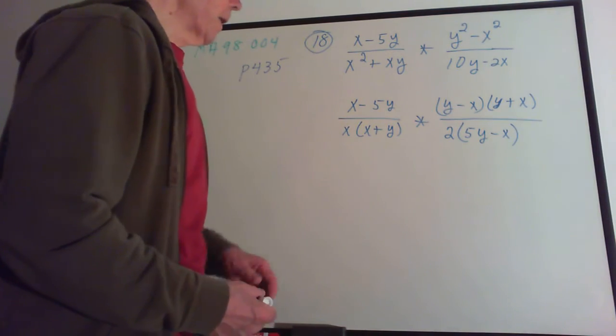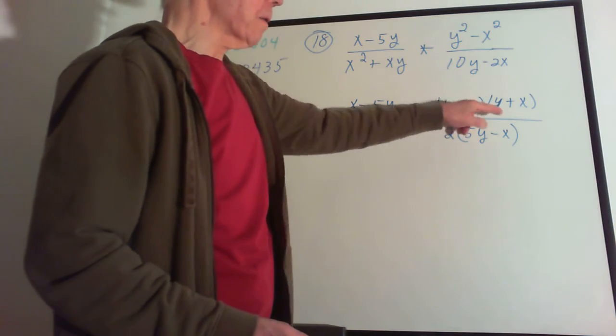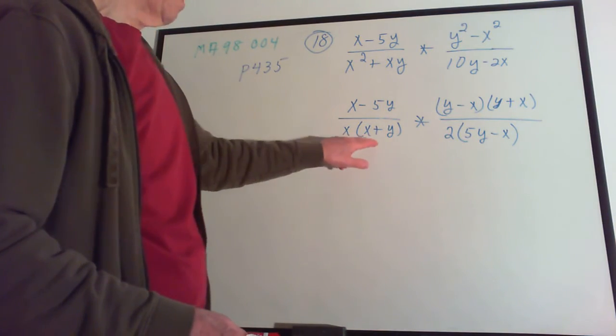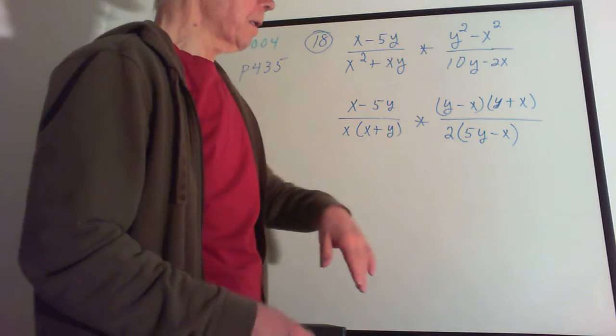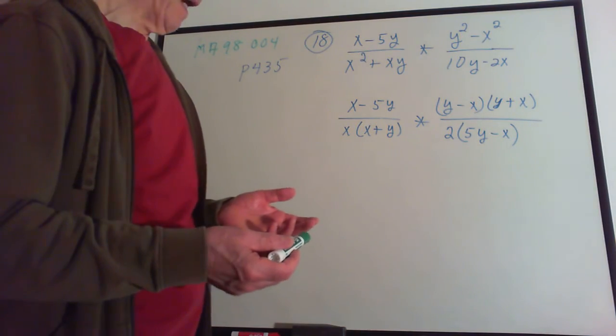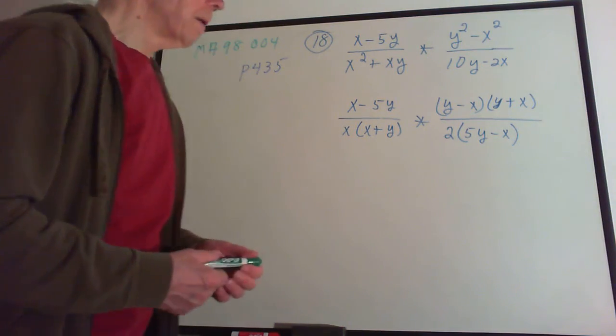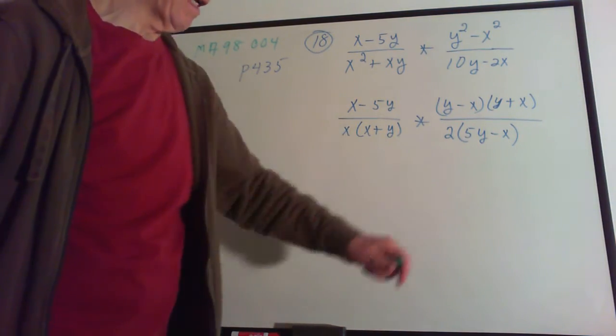All right, I factor it. I have an x minus 5y. This can become y minus x times y plus x. I can cancel these two. Doesn't matter whether I add, if you remember the first problem, x plus y is equal to y plus x. So those cancel. And then I have an x here, and I have a 2,